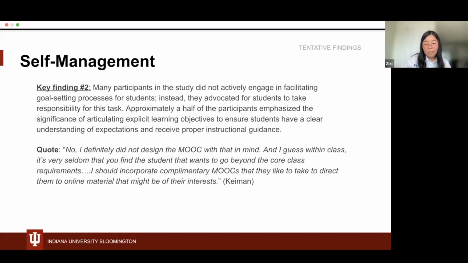Approximately half of the participants emphasized the significance of articulating explicit learning objectives to ensure students have a clear understanding of expectations and receive proper instructional guidance. For example, one of the participants said he didn't design MOOCs with goal setting in mind because students hardly want to go beyond the core class requirement.